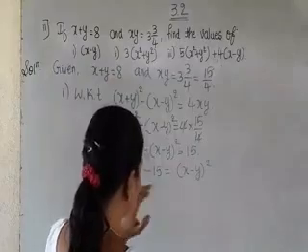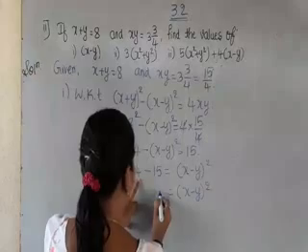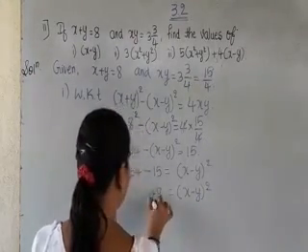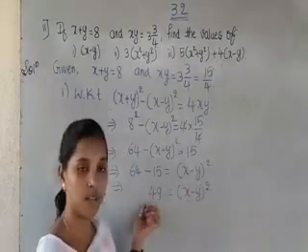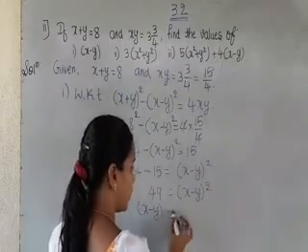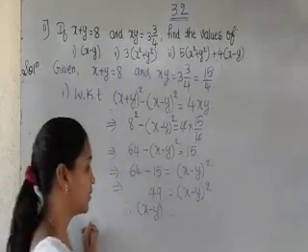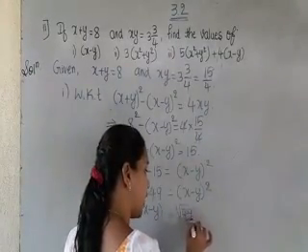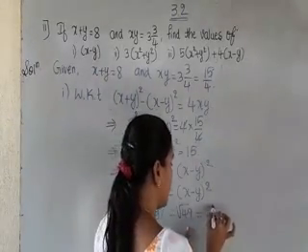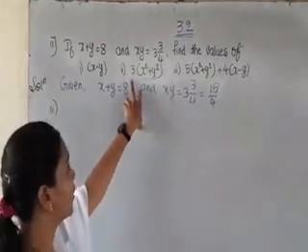So what is the value of (x minus y) whole square now? It is 64 minus 15, 49. So (x minus y) whole square is equal to 49. We have to find just the x minus y value. So x minus y, if you shift this square to that side, what will we get? Square root of 49. Thus the value of square root of 49 is plus or minus 7. This is the answer.